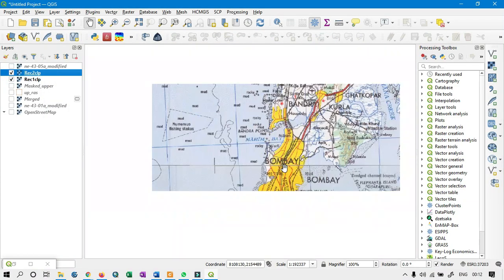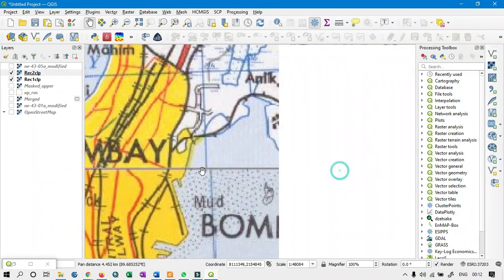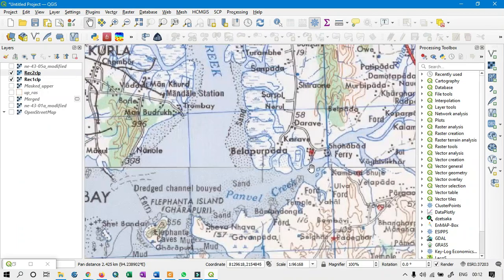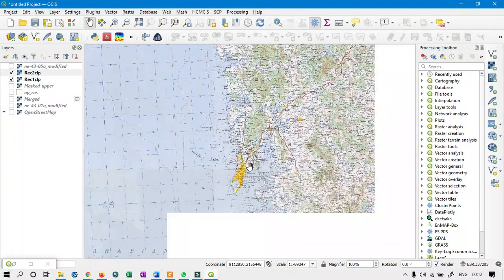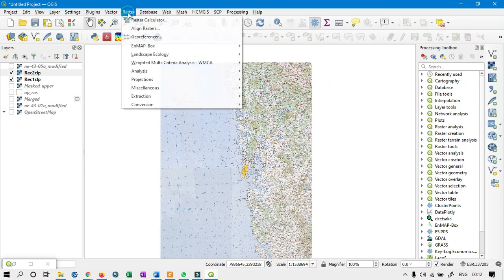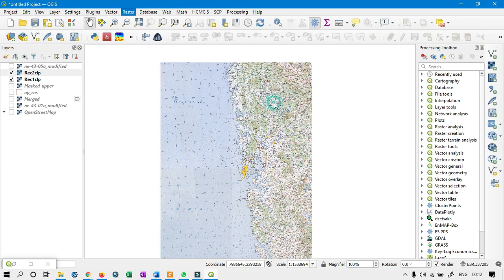So now these two maps are perfectly aligned with each other, and we can prepare one single map using these two maps. Now I can do the merge option.